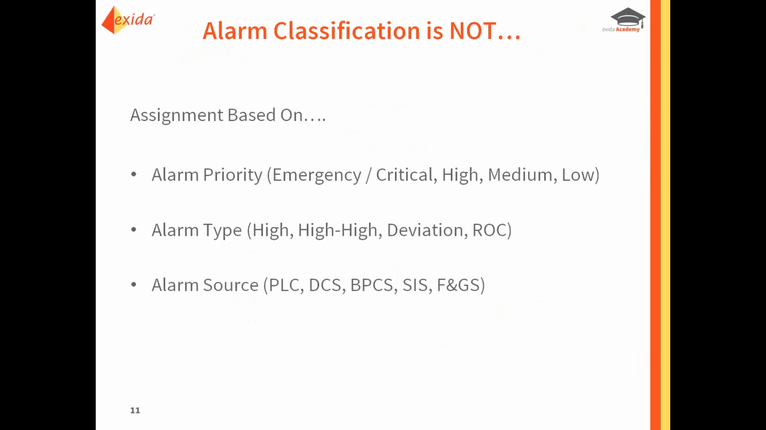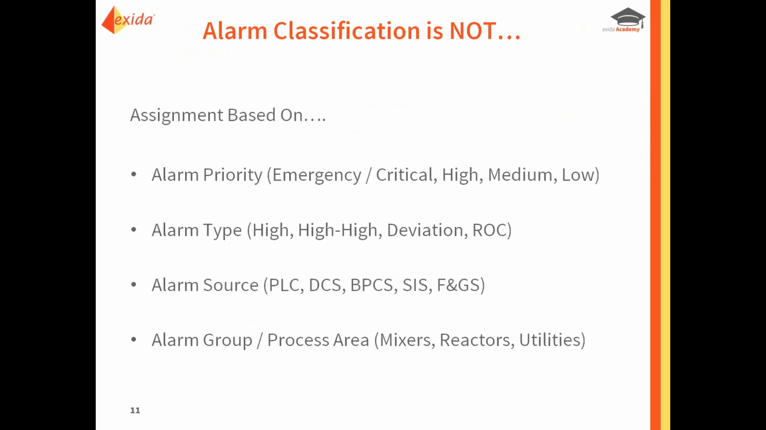Alarm sources, like whether the alarm comes from a PLC or a safety system or a fire and gas system, is not typically also used for classification, although in some cases it may. But generally speaking, alarm classification is not the same as alarm source. And then the last example that I've sometimes seen in practice is where classes are